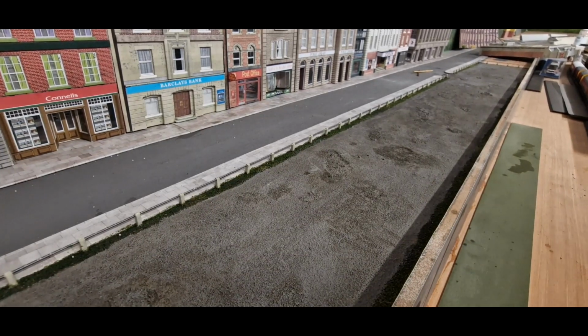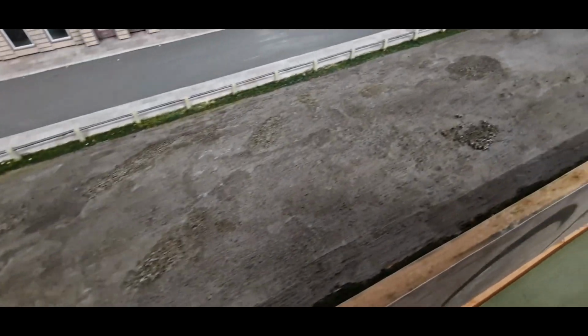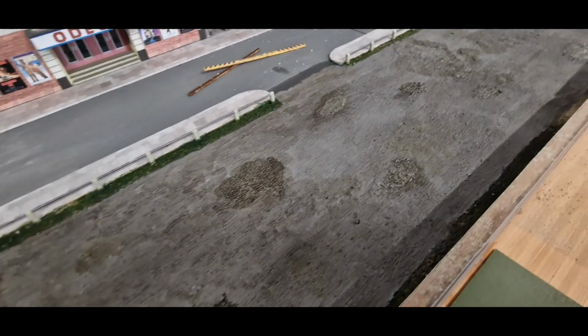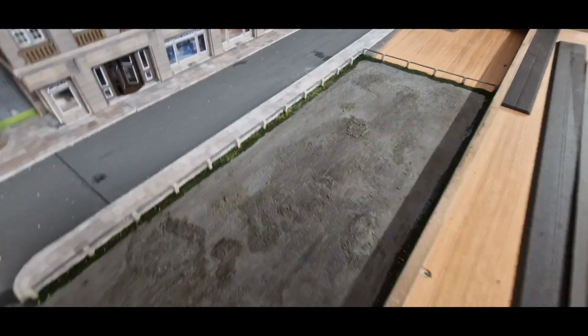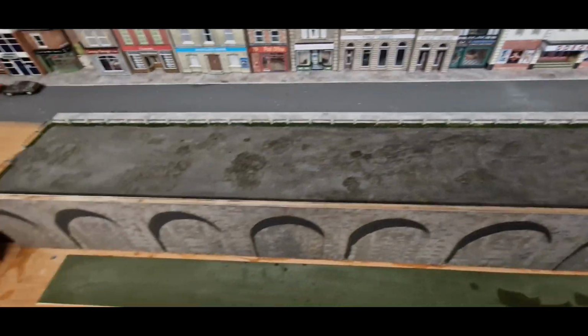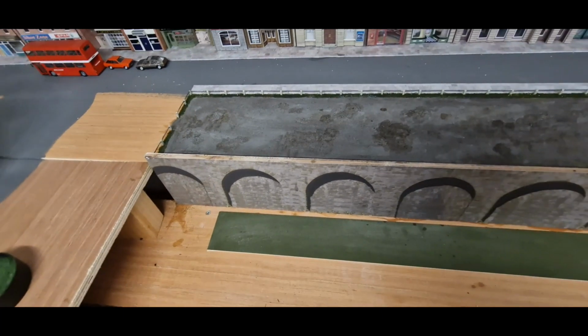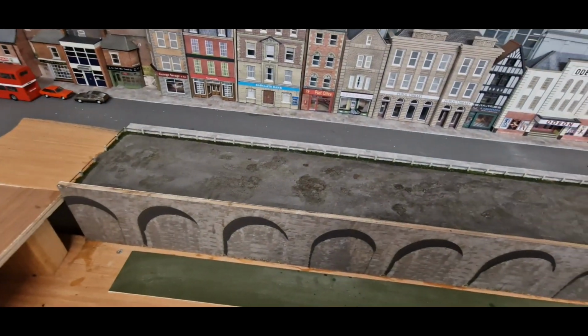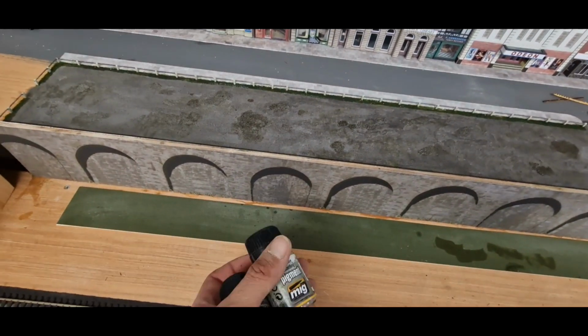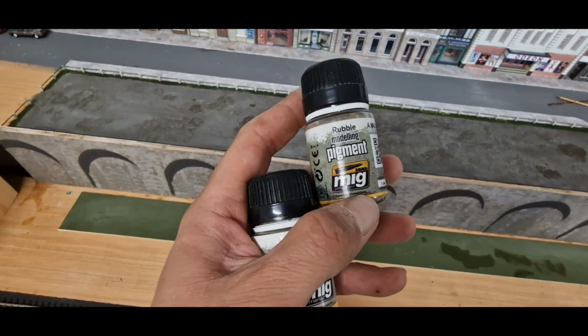We will be adding powders. I'll just give you a little show through of how it's looking. But it's a bit dark still. That's why I used the lighter base, because this is all dark washes. So now the next job will be to lighten it up again, but leaving some of the dark undertones showing through. And for that I'm going to have a go at using these two MIG products, which is rubble